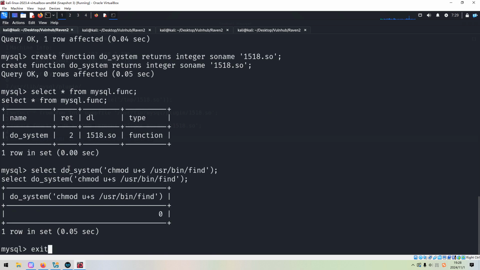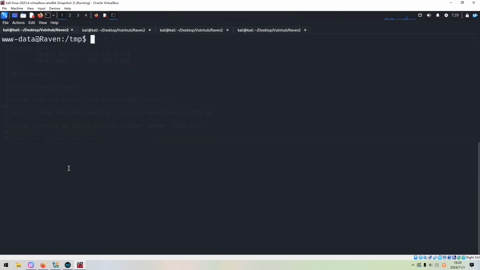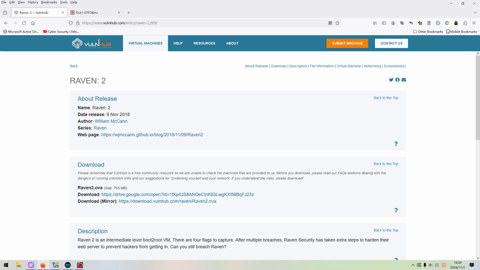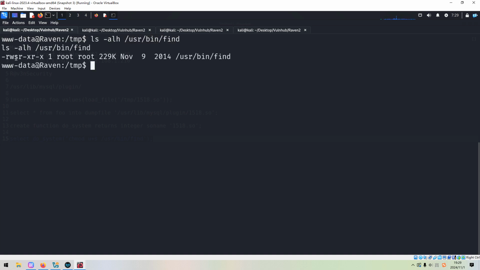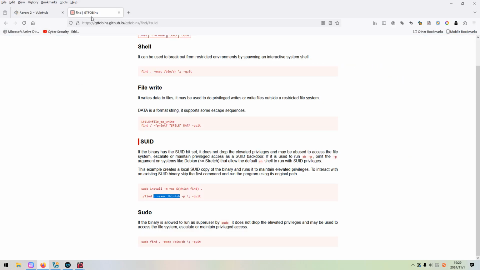Okay, now we can exit. Next, we can utilize the find command. Now this time the find command has SUID bit on.